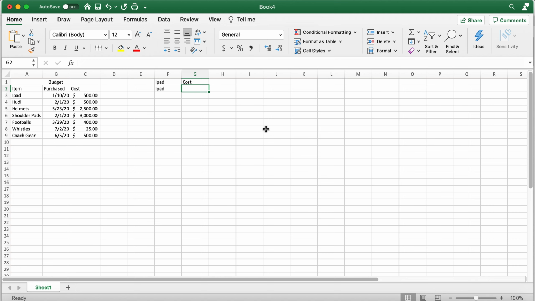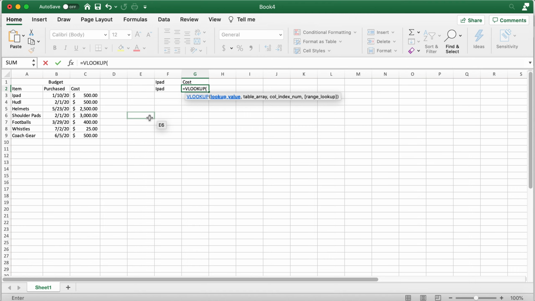so I'll do VLOOKUP. So I'll go equal VLOOKUP, and my lookup value, I'm just going to click on this iPad here, as that's what I want to look up the cost of, comma, table array, I'm going to highlight the entire table here, and then column index number. So that's the column that I want to return to me. So I want to know how much it costs for the iPad, and because the cost is the third column,